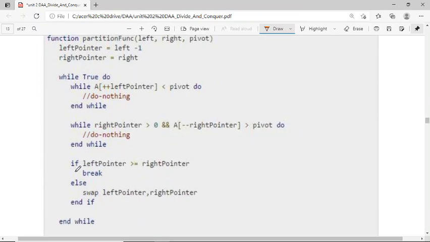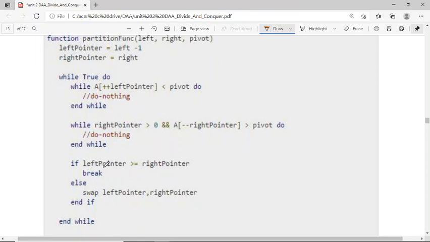And if left pointer is greater than or equal to right pointer, then we need to stop. When the left pointer crosses the right pointer, you need to stop at that place. Else swap left pointer and right pointer.